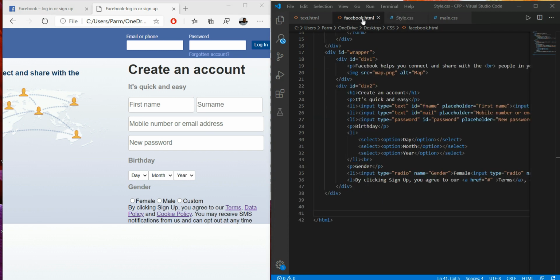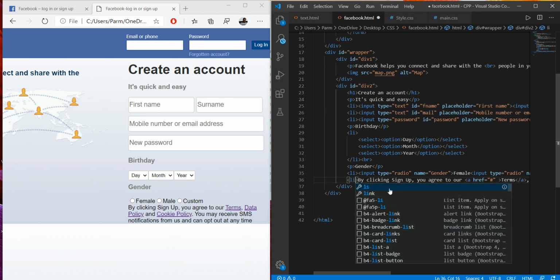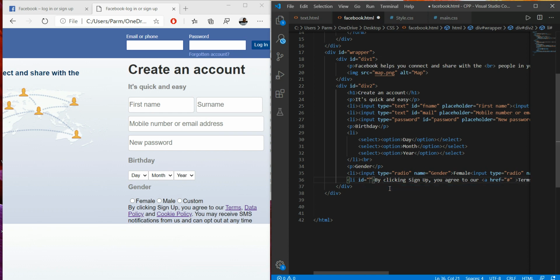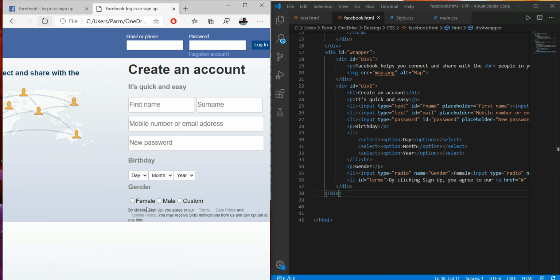So we have to apply this ID in the li, and here we have to set ID equal to terms. Save this. Now here we go, refresh it.